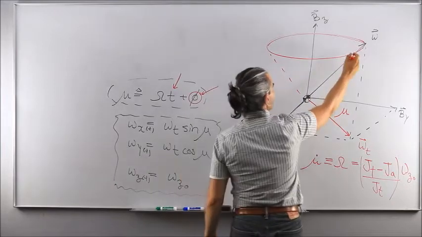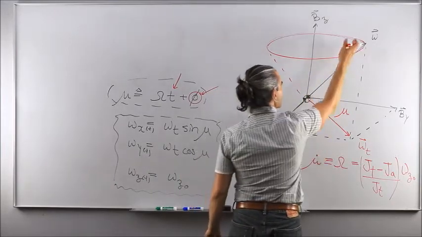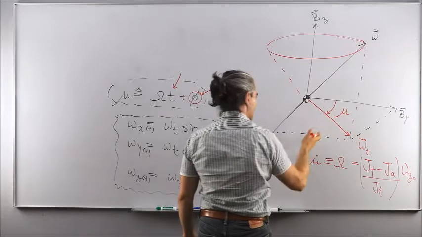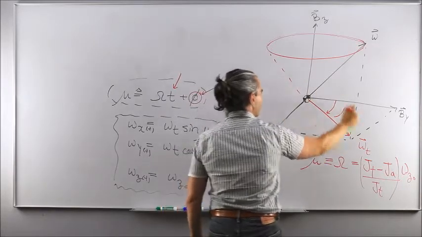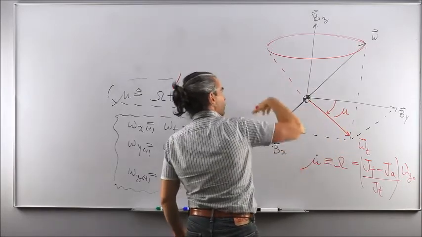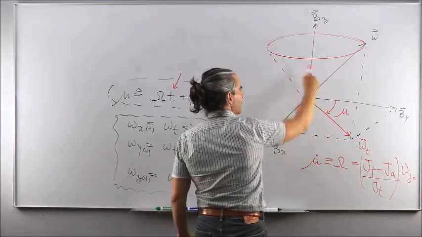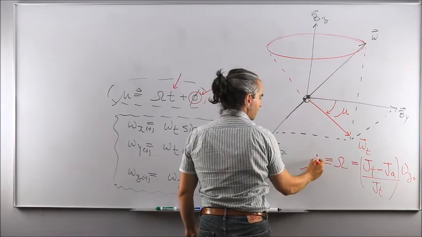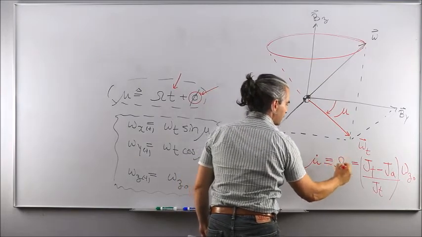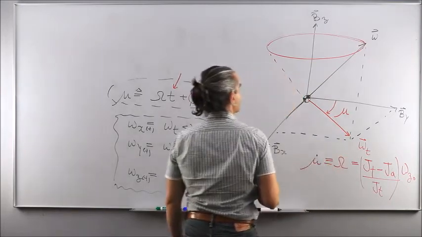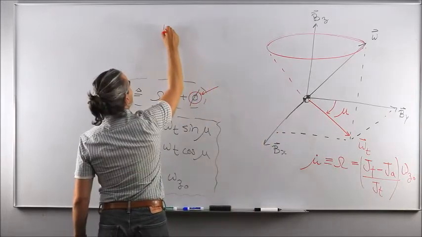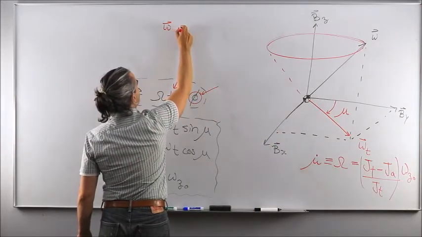Or the tip of this vector draws a circle, and hence the projection of this vector onto bx, by will draw another circle, a flat circle around bz, and that vector here rotates at a rate of mu dot, equivalent to the relative spin rate, like that. So let me write it in words. So we've established that omega vector